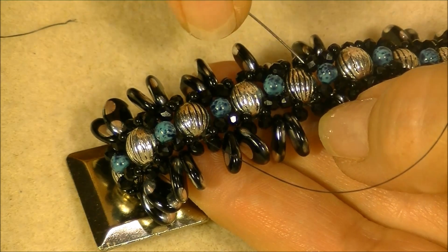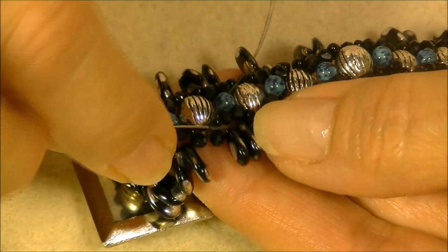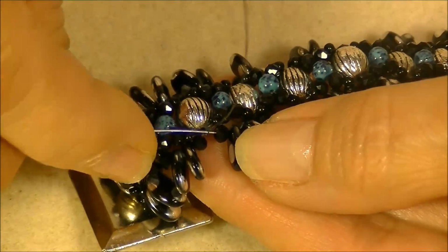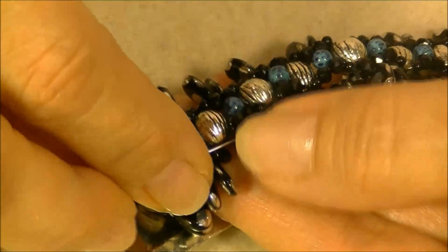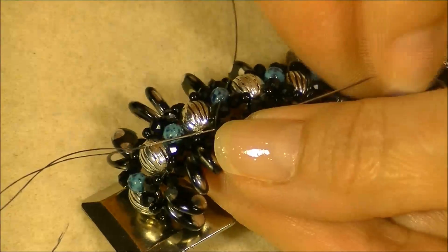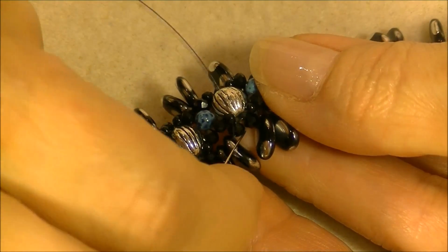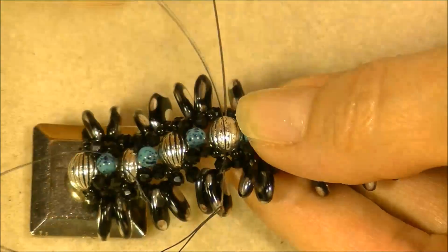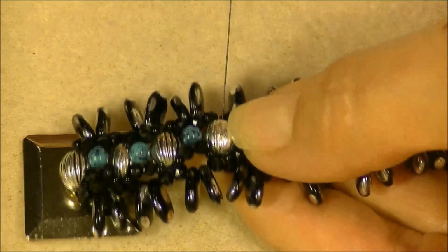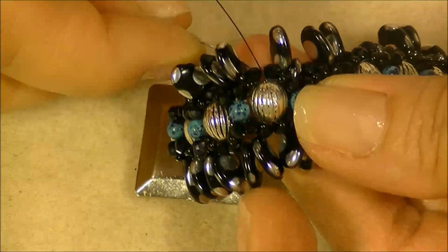Now I can sew as far down into this as I like, following my units, just going through these beads, going down the main bead, going through these beads again, going down the main bead, until I feel as if it's secure enough, and then I will do a half hitch knot. So I'm going to go one more here, go down into the Czech beads here, into the crystal next to it, and then once I get through the crystal, I'll go through the metal bead here, pull it tight, and then I'm going to grab this little thread bridge right here,